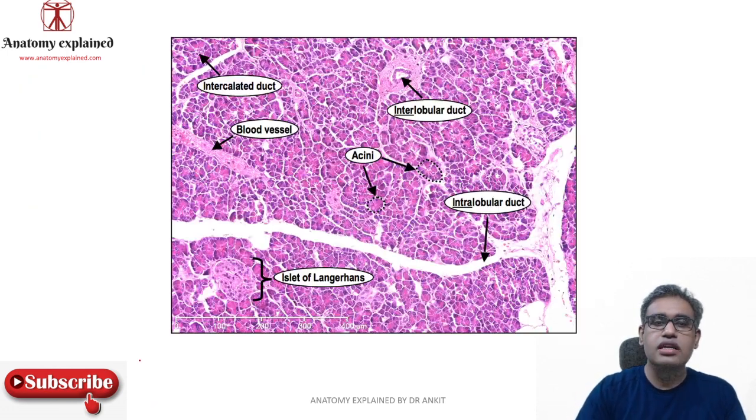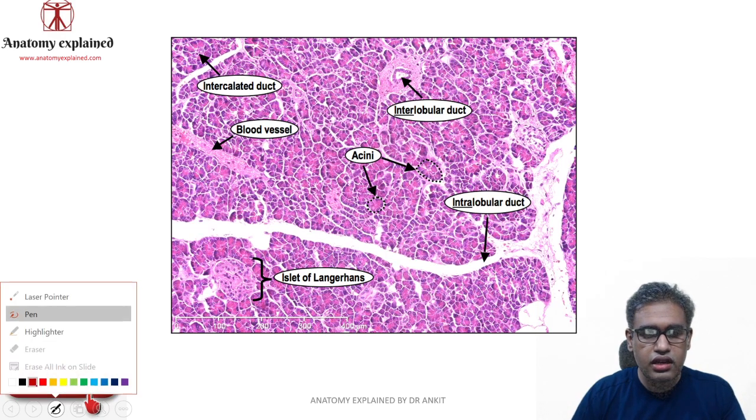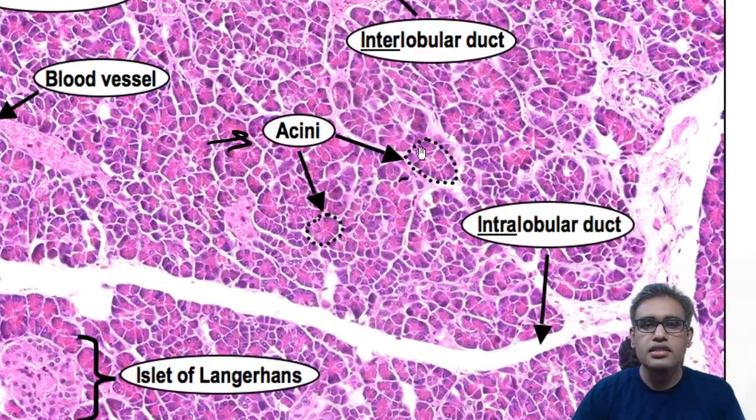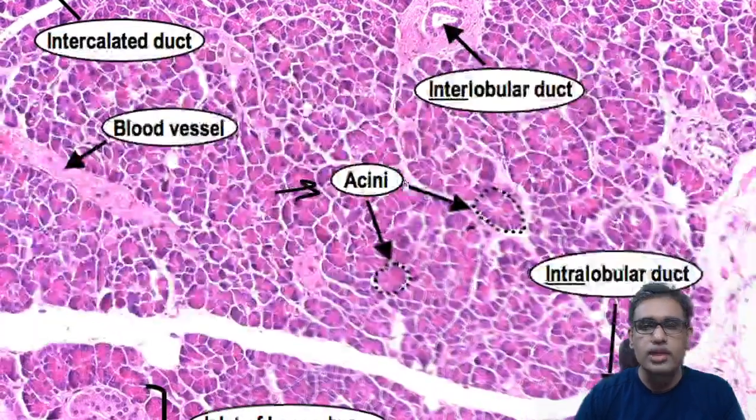If you look at the histological picture, here is the histological picture. Here what you are seeing are these acini. Here we can very clearly see all these acini. These acini are opening over here, and these are opening over here, which are your ducts. We enlarge it. These are the whole acini, and they pour out the secretion into the ducts. You have intercalated ducts over here in the middle, then you have interlobular and intralobular ducts.